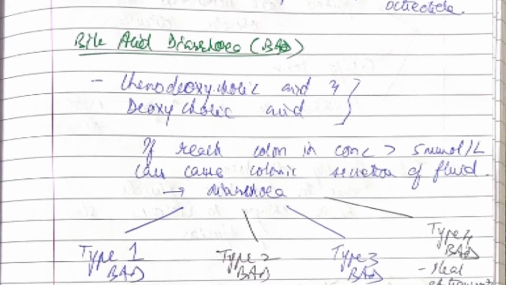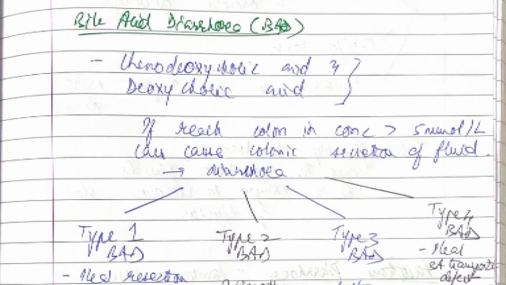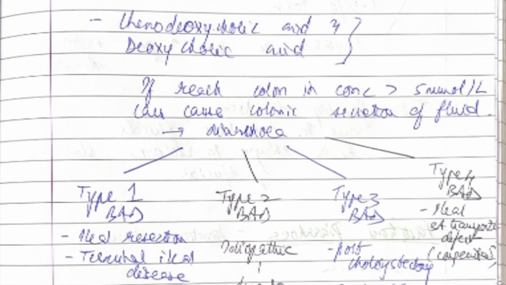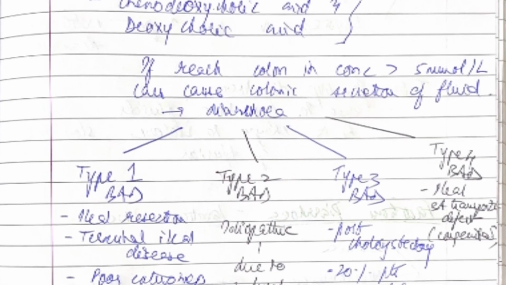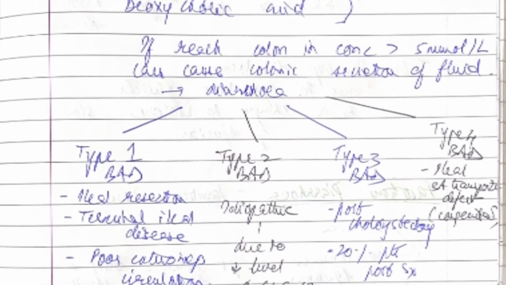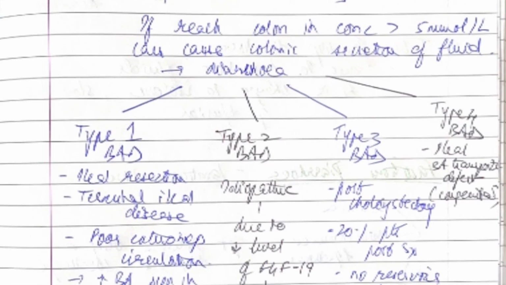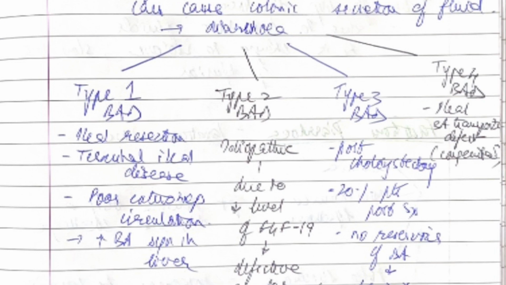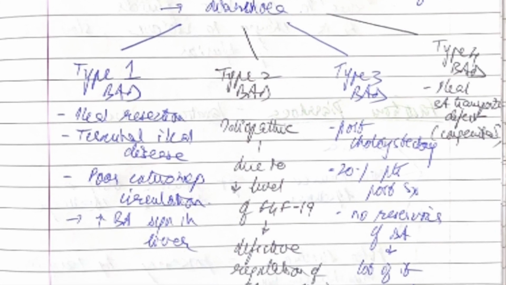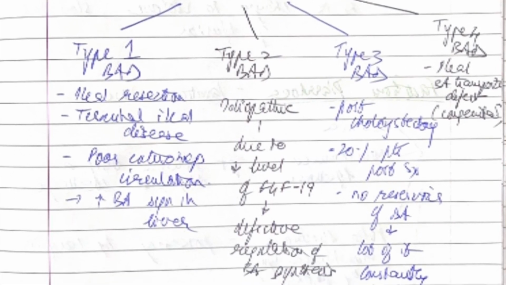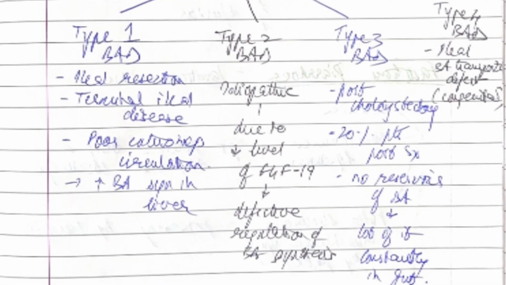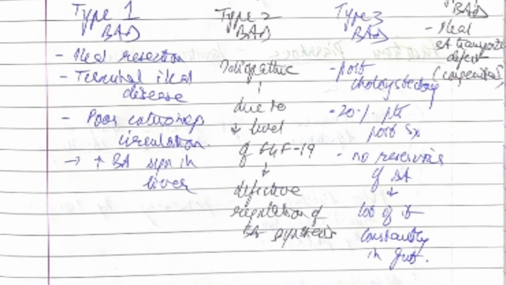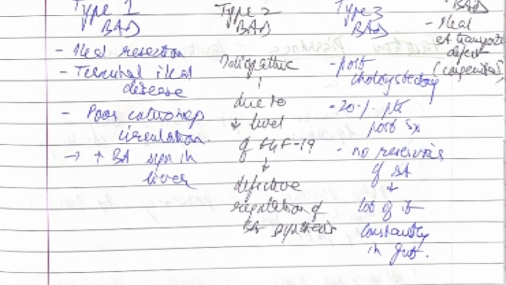Bile acid diarrhea. This is due to chenodeoxycholic acid and deoxycholic acid, which reach the colon in concentrations more than 5 millimoles per liter. This causes colonic secretion of fluid, and that's what causes the diarrhea. There are 4 types. Type 1 is due to ileal resection or terminal ileal disease. There is poor enterohepatic circulation and increased bile acid synthesis in the liver. Type 2